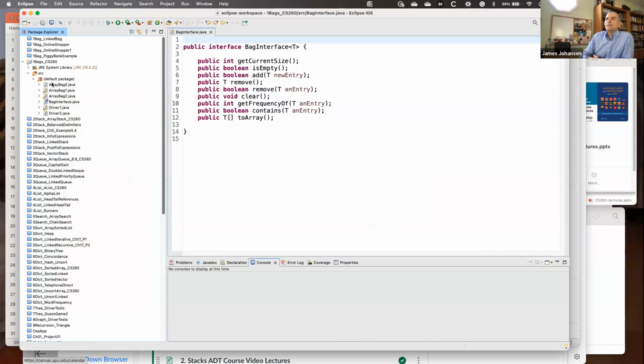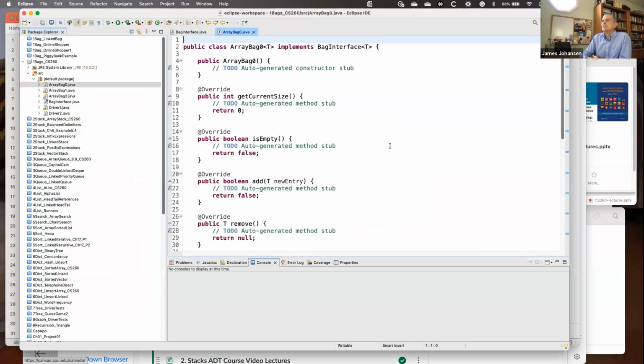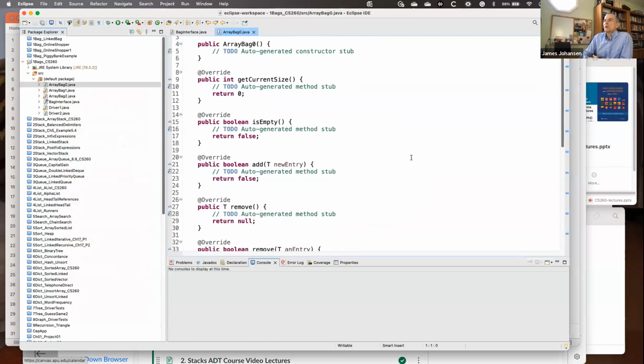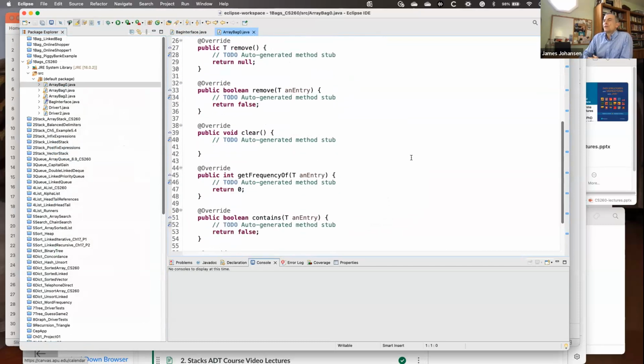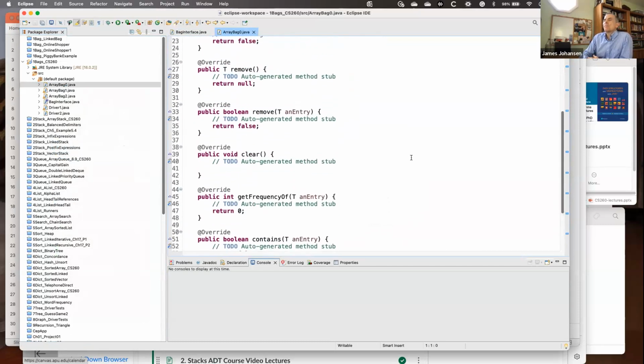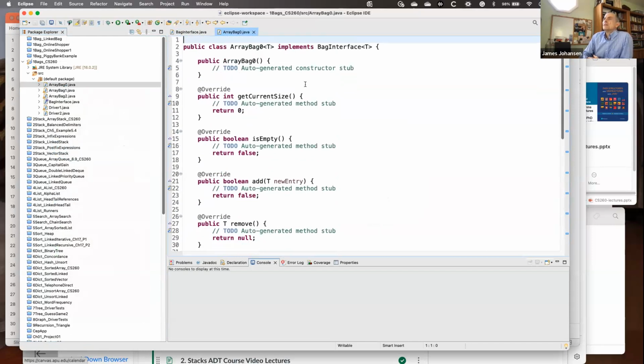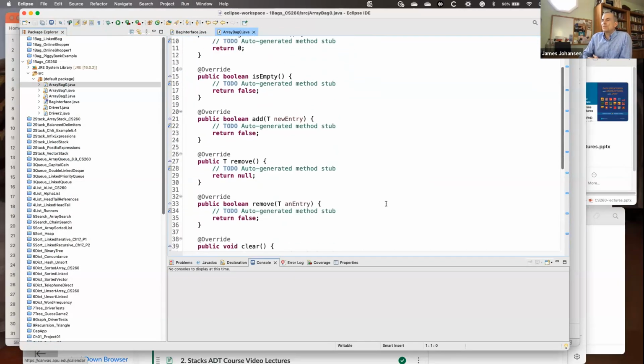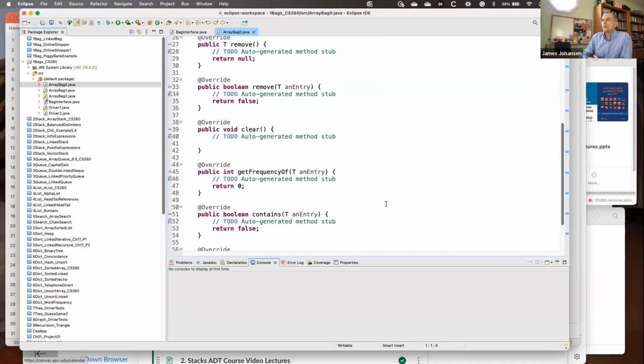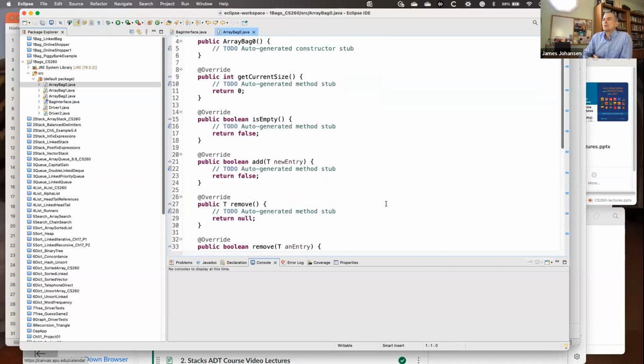It has these files. The first one you see is the stripped down interface, and the next one is exactly what I showed you, this same type of bare minimum thing that has a code stub for all of the methods.